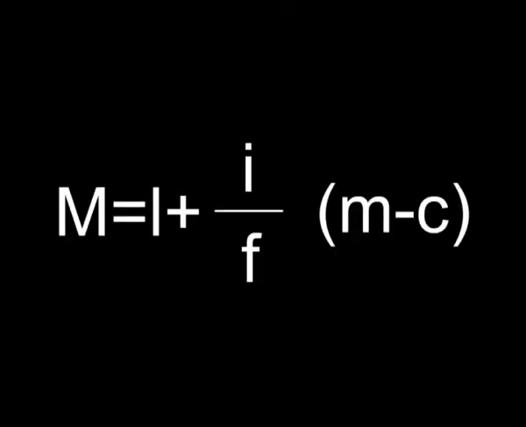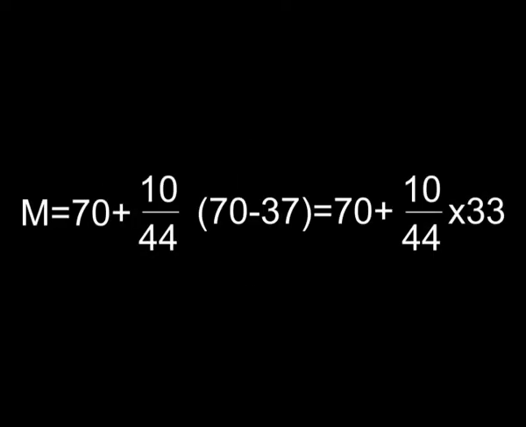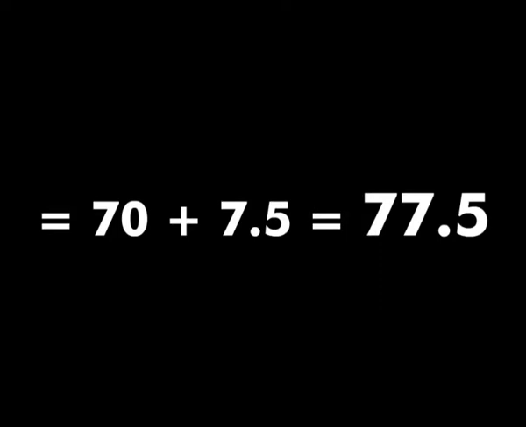In this case, n by 2 is 70, which falls in the class interval of 70 to 80 with cumulative frequency of 81. Thus, the cumulative frequency of the pre-median class is 37 and actual frequency of the median class is 44. The formula used to calculate the median is M equals L plus I by F into (n by 2 minus C). M equals 70 plus 10 divided by 44 into (70 minus 37) equals 70 plus 5 divided by 22 into 33, which equals 70 plus 7.5,